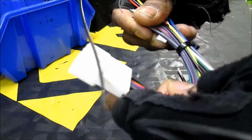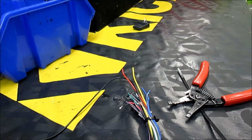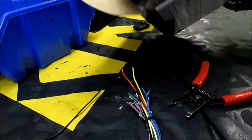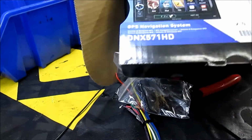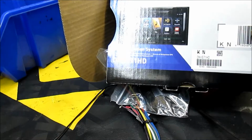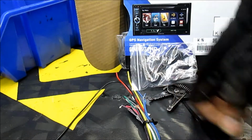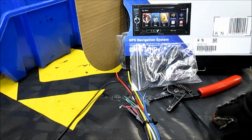And I'm wiring up a radio, a Kenwood. The radio. So we got this Kenwood DNX 571HD DVD player, navigation radio, and I'm gonna show you guys how to drop the panel on the 2012